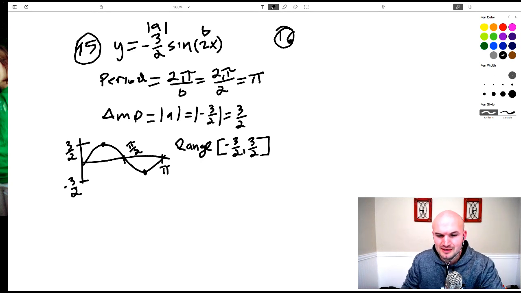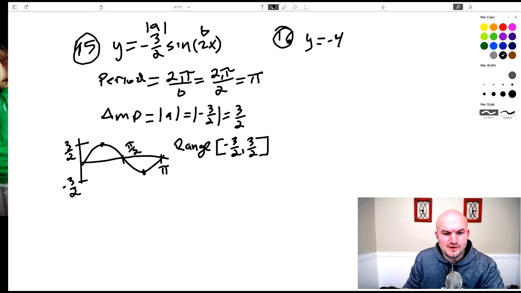And then obviously I'll maybe take a break after we get done with sine and cosine, which is the next 3 examples. All right, so for number 16, we have y equals -4 sine of